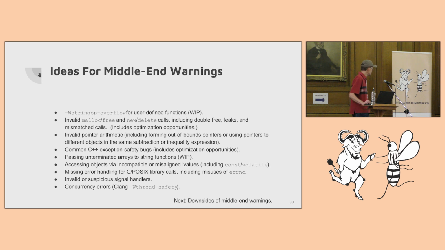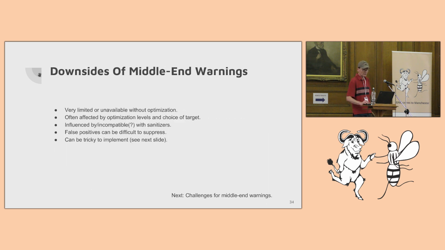A number of other ideas are on the list that I'm going to skip over in the interest of time. So I talked about the benefits of middle-end warnings. There certainly are downsides. Without optimization, the middle-end warning tends to be pretty ineffective. Some can provide some utility. The sprintf warnings, like format overflow and format truncation, are capable of detecting some very simple cases that rely on or see only constant values, but they don't tend to trigger, obviously, on the more involved cases.